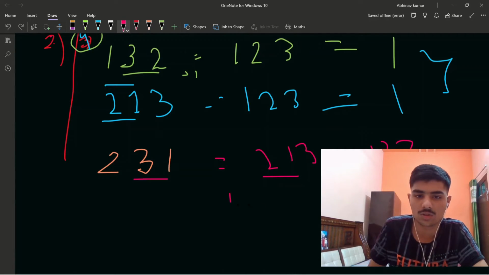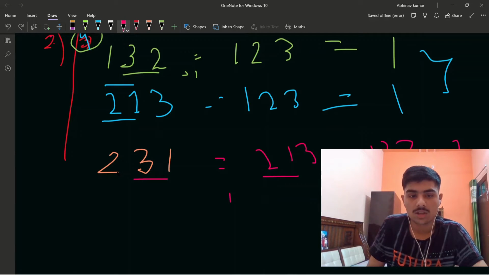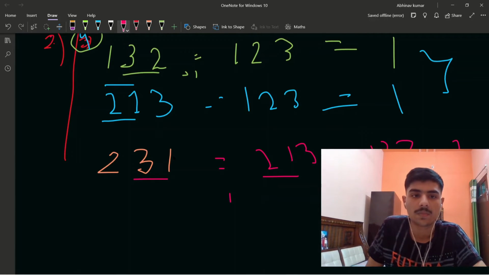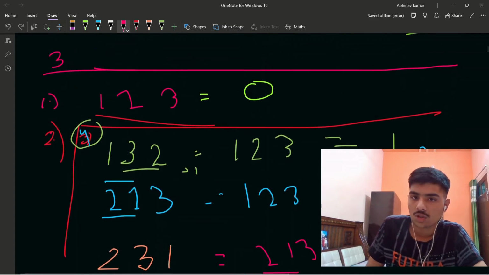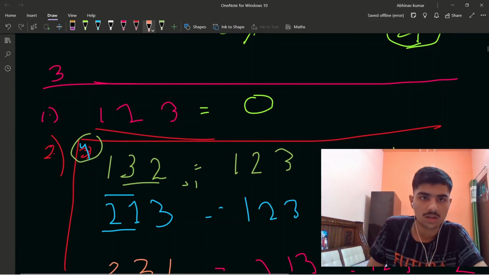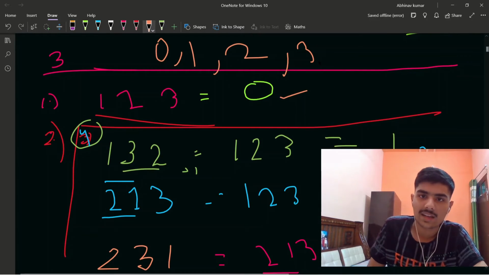The operations are going to be 1 plus 1, which is 2. So 2 is going to be our answer when neither x nor y is in its place, neither the first element nor the last element is in its place. Okay, so this is the case of 2, and there are going to be 4 answers in this problem: 0, 1, 2 and 3. 0 I have discussed, 1 I have discussed both of them, this and this, 2 I have discussed just now, and the case left is 3.